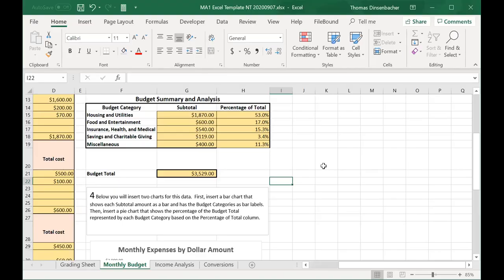Now we'll do the same thing for the pie chart. Here, the selection is a bit different. In this case, we want the percentage of total column selected at the same time as the budget category column. To do that, I can select first the budget category items in F15 through F19, and now to select the percentage of total items without also selecting the subtotal items,